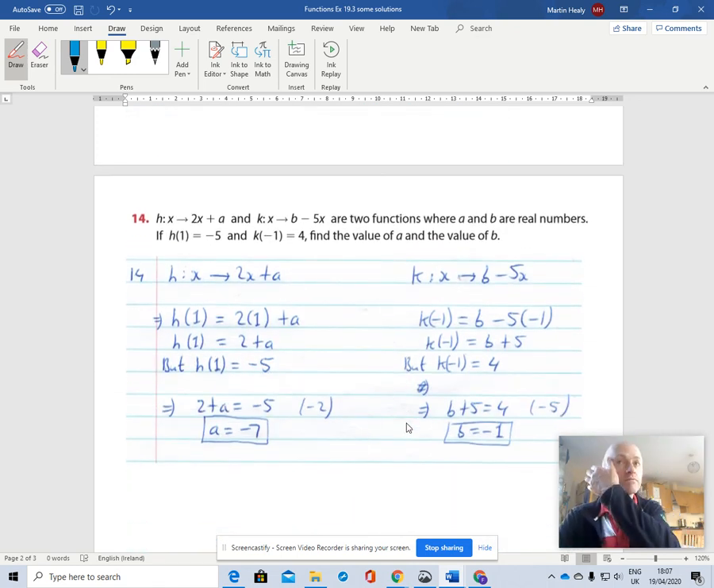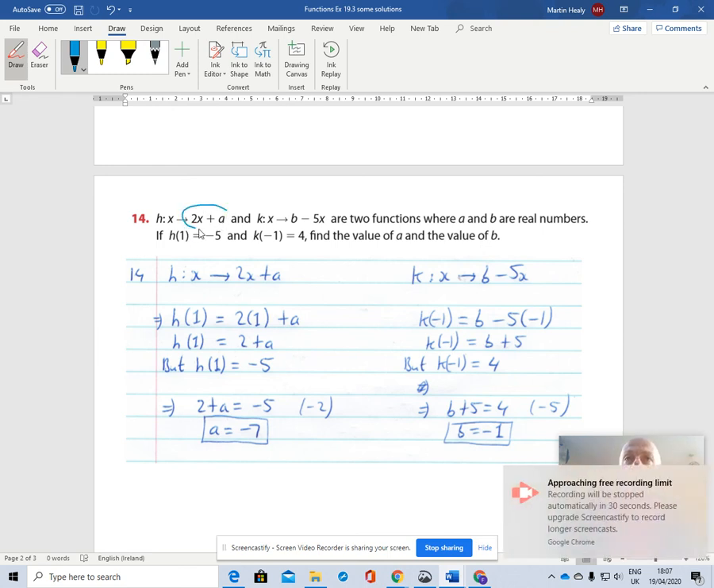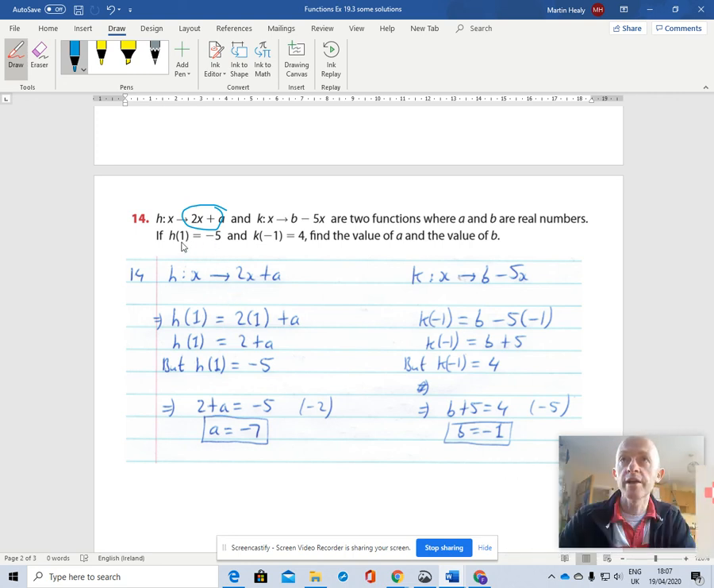The last part, same kind of stuff again. You're missing something in the function here, but you're told that h of 1 equals minus 5. So I put in that input into my function, and I get h of 1 is equal to 2 times 1 plus a. I get h of 1 is equal to 2 plus a. h of 1 equals minus 5. And then I solve the equation. These two must then be equal to each other. 2 plus a equals minus 5, a equals minus 7. And the same over here. And that's